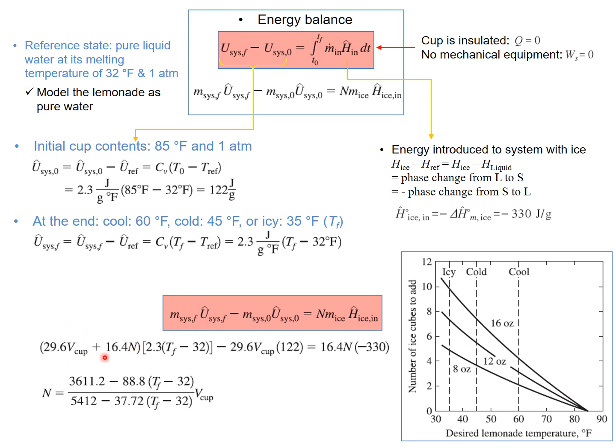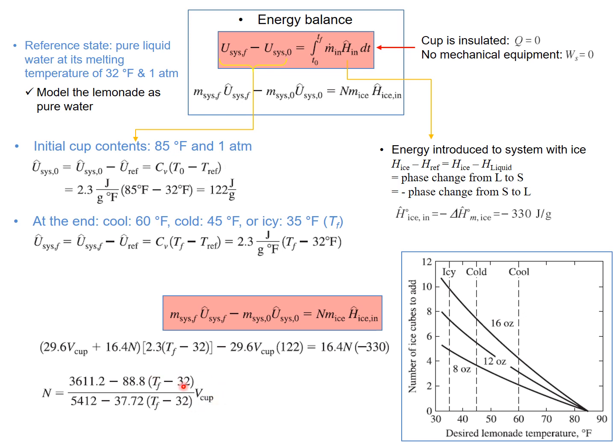Total mass of the system at the final state, and also the initial state, with the M ice going to 16.4. So finally, by reshuffling these equations, we could obtain the number of ice cubes, which is a function of temperature